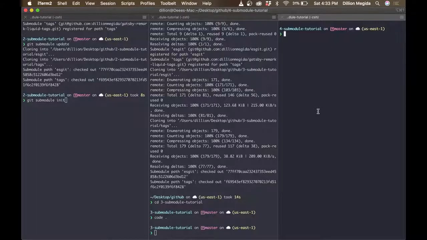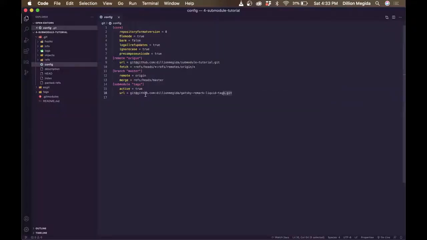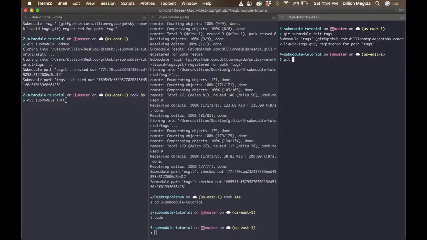I can come here, submodule init, and I can just initialize only the one for tags. I don't care about the one for isGit. And once you do that, in your git config, you only have one for tags. So say you have many submodules and you only need about 3 for a particular project you're working on. Instead of recursively cloning everything, you can use git submodule init to pick just the one that you want, which is the tags. And now when I run git submodule update,